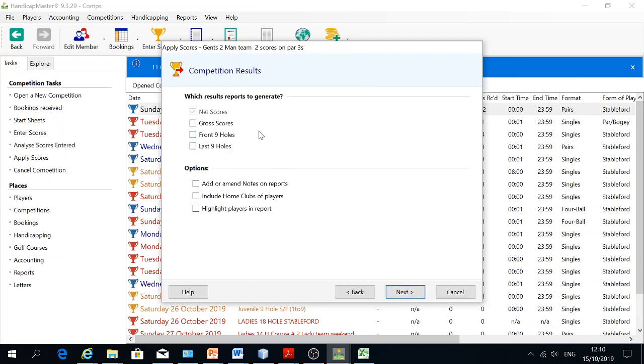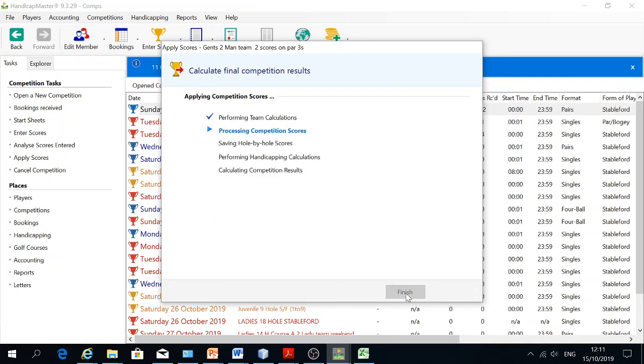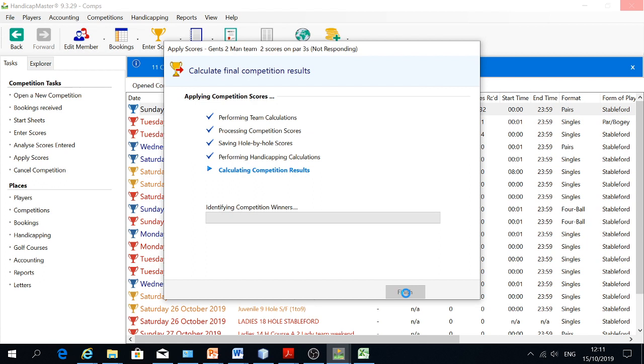Again, this should all be pre-populated for you. We just do net scores. Normally, sometimes we do gross scores for medals so that we can work out best gross score and all that kind of stuff. And then finish. Okay, so this then closes it. I don't know why it goes through the process of updating handicap records when it's not a qualifying competition, but nevertheless it does. So then it closes the competition, calculates all of the countbacks appropriately, and